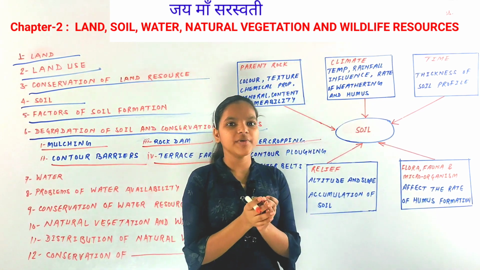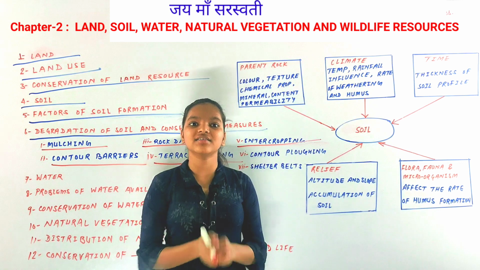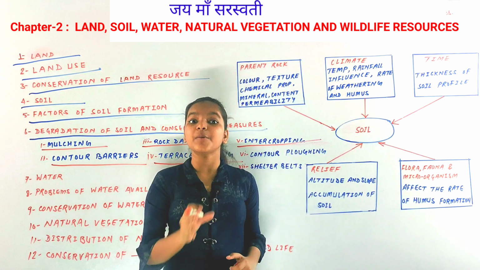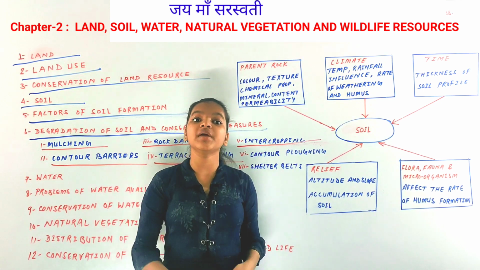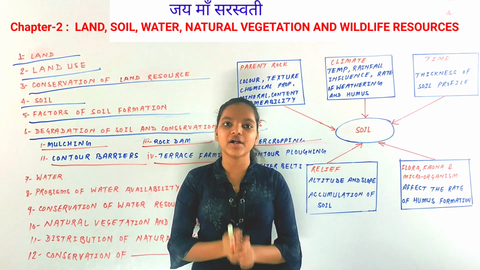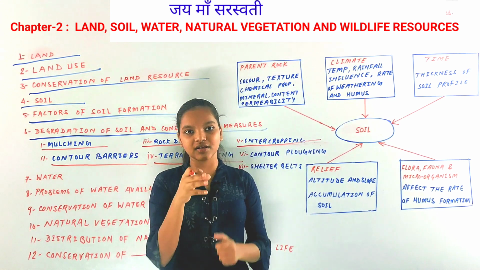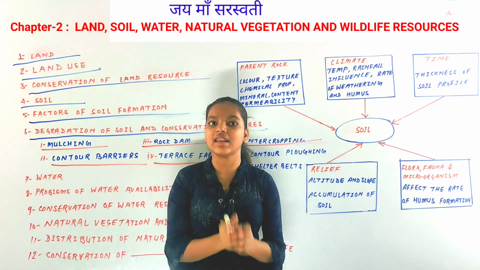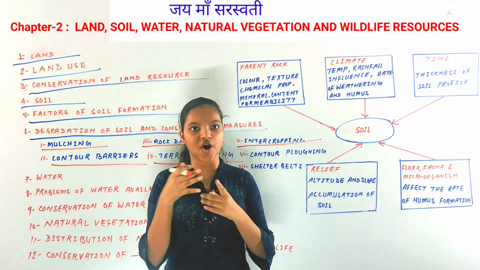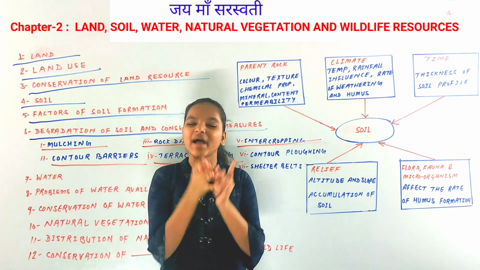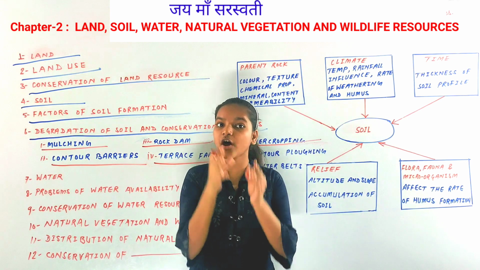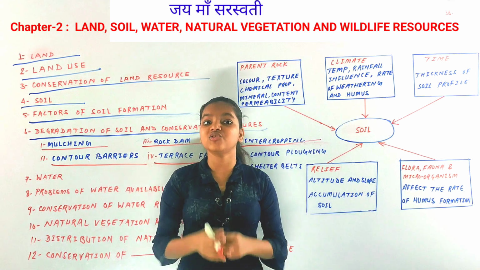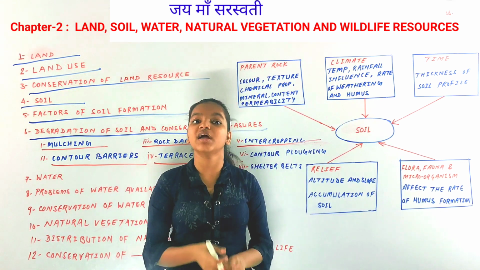Intercropping. In the intercropping method, people grow crops alternately. That is, they grow crops in a particular season so that there would not be any rain wash of soil. For example, if they are growing a particular crop in a particular season, they would grow it for many months, and after that they would grow another crop. They would not grow so many crops at the same time. They would grow only one crop at one time. So that is what intercropping is, to slow down the rain wash so that there would not be any soil